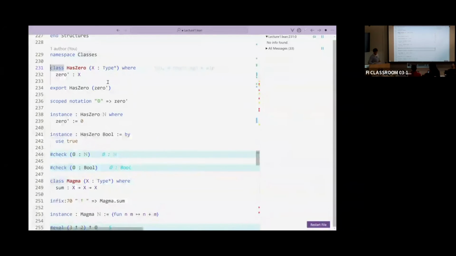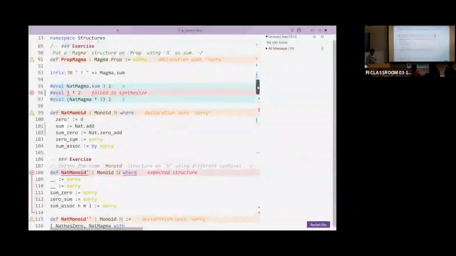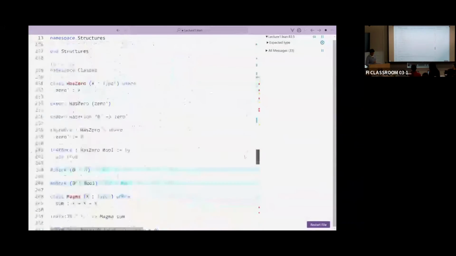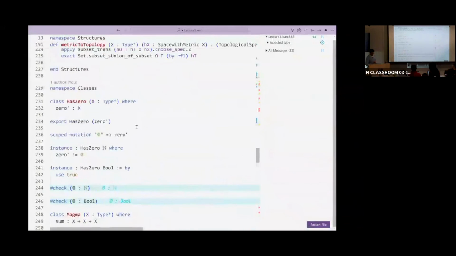So, first of all, that magma is a sufficiently important structure to show up in this database, and secondly, that Nat is a sufficiently important type so that this definition that we have given of a magma structure needs to be recorded. That's all. And the way you do so is, first of all, you write class instead of structure, to say, I want in this database that HasZero and Magma appear as possibilities.